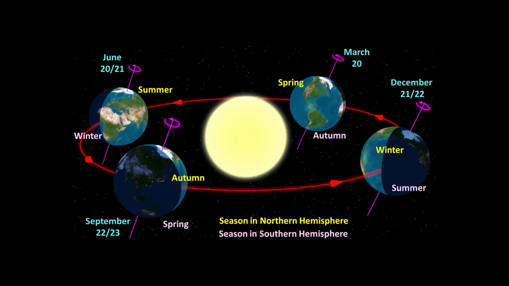Yes, winter is cooler. But look at what's happening over there on the left, where the northern hemisphere, where we live, is tilted towards the sun. It's going to be getting more direct solar energy, and that's why it's warm during the summer. Whereas over on the right, the northern hemisphere is deflected away from the sun. And so the solar energy reaching the northern hemisphere is less intense than during the summer. And so you have cooler temperatures.